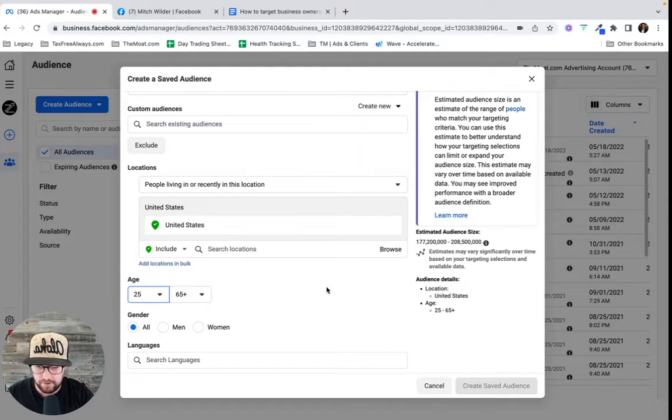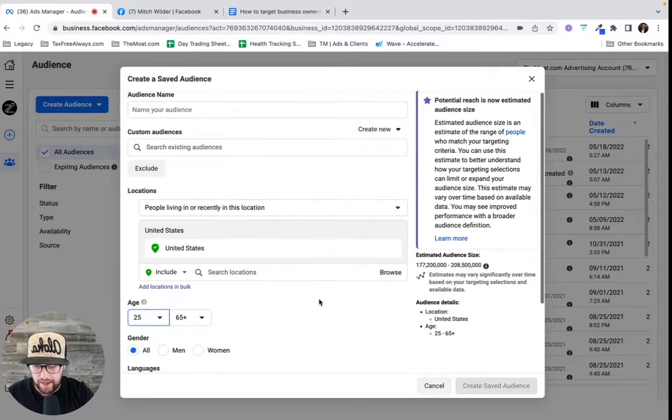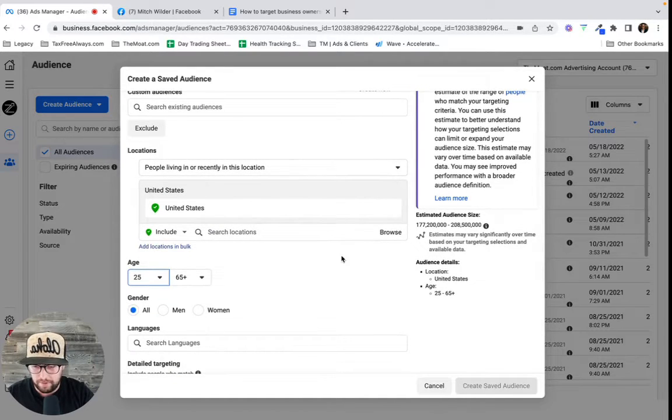That's still something that I'm in the practice of doing. And when I'm selecting my location, now this would apply to anybody here in the United States, but just apply this to wherever you're at. So if you're in Europe or Australia, apply the same setting. I would select the location, so the country that I'm trying to target business owners in, or multiple countries.